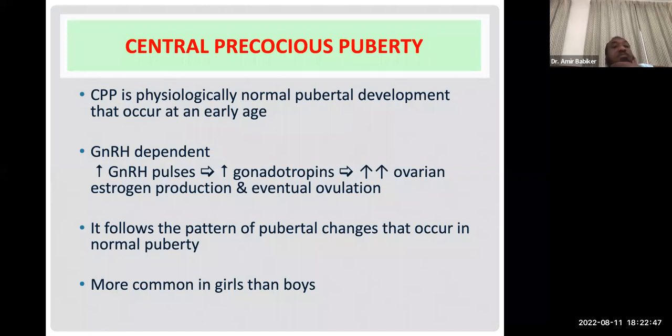طيب هنجي نتكلم عن حاجة مهمة جدا في السنترال بريكوشيوس والديلاي بيوبرتي. واحد يقول لي الأكثر البريكوشيوس بيوبرتي في البويز ولا الجيرلز؟ والأكثر الديلاي بيوبرتي في البويز ولا الجيرلز؟ تفضل مين؟ محمد ازاي معانا؟